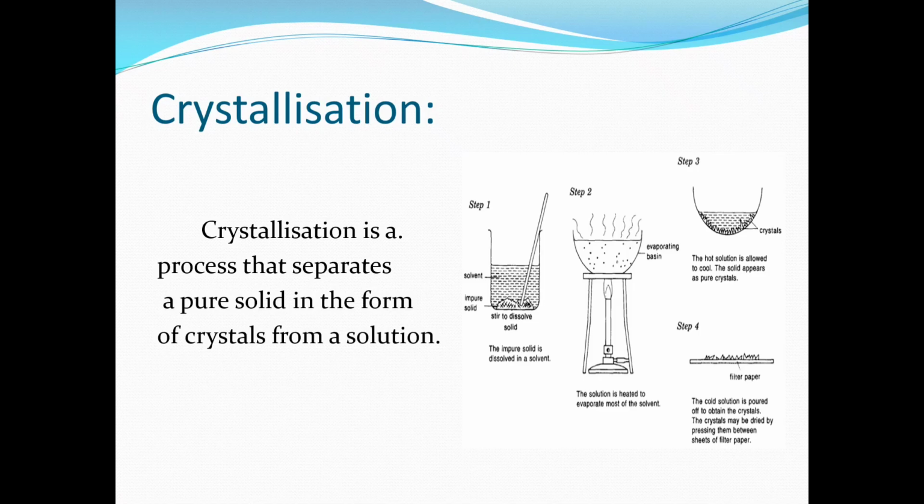On cooling this pure one, we will get the crystals of the pure compound. That is, here we are eliminating the impure and getting the pure substance. So we will use crystallization in order to get the pure solid in the form of crystals from a solution. So this is all about the separation of the components of a mixture and the different techniques that we use for the separation of components of a mixture.